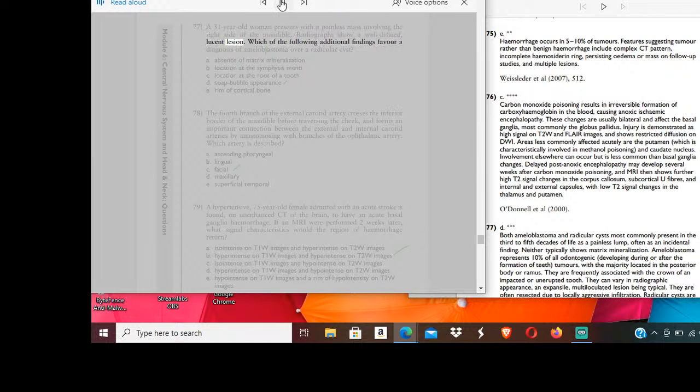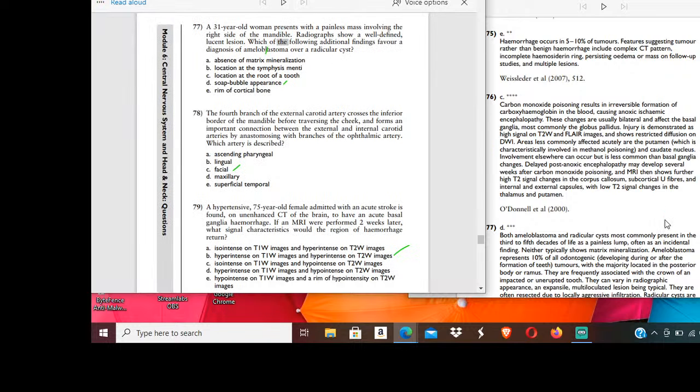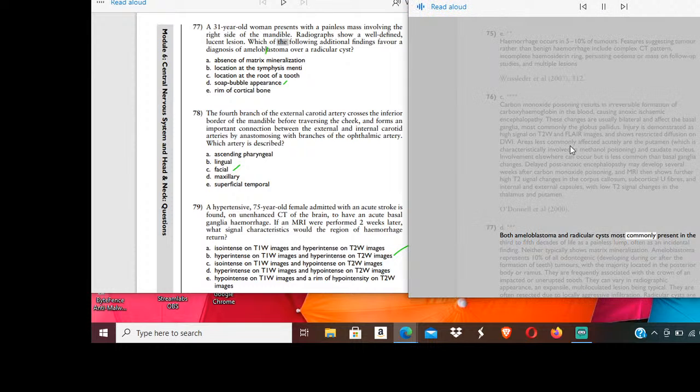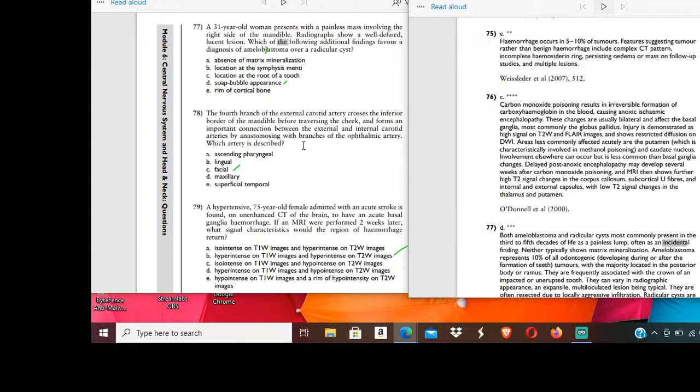Radiographs show a well-defined, lucid lesion. Which of the